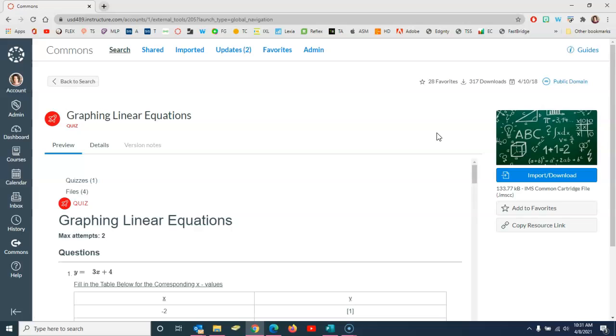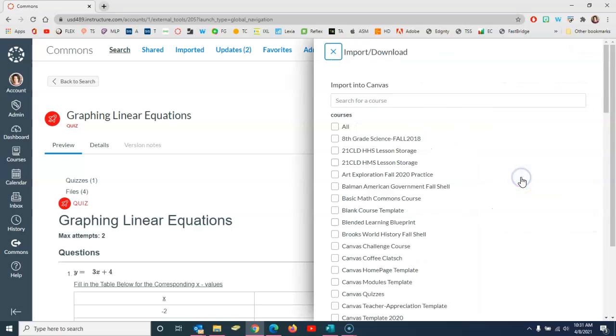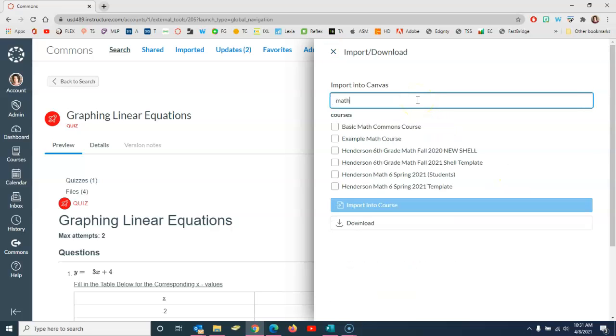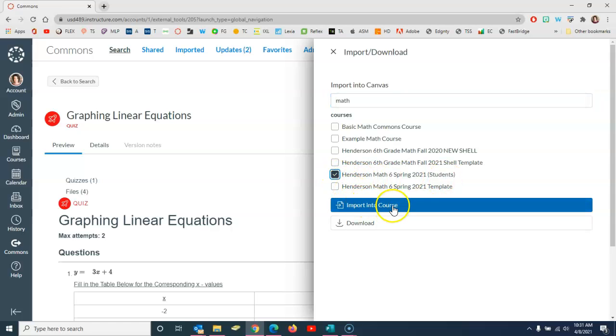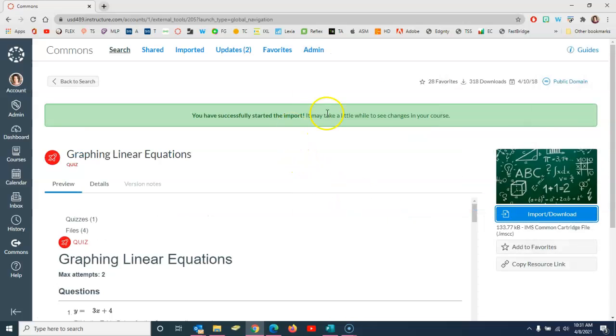or if you decide that it will at least get you going with the quiz you want to use with your own students, you can click over here at the right to import and download, and then you want to select your class. You probably have fewer classes than I do, but I'm going to type in for my math class here, and if you work with me to set up your courses, you'll be wanting to find the one that says students in parentheses so that you know your students are enrolled in that course, and then you'll click here to import into course,